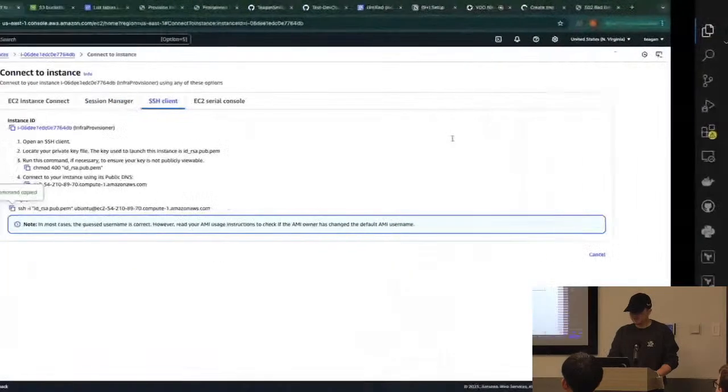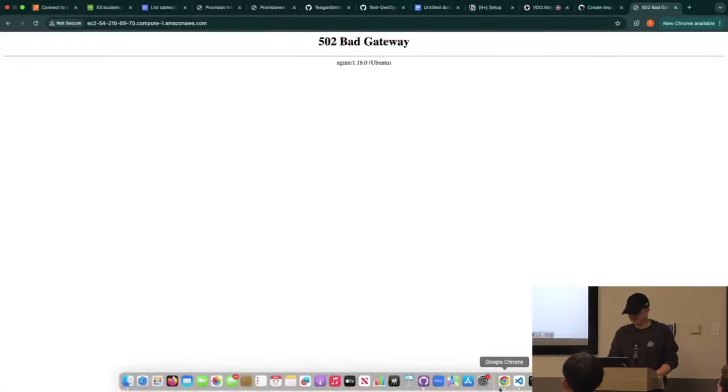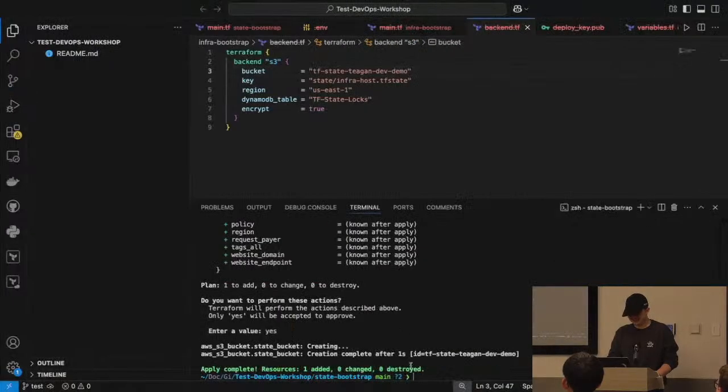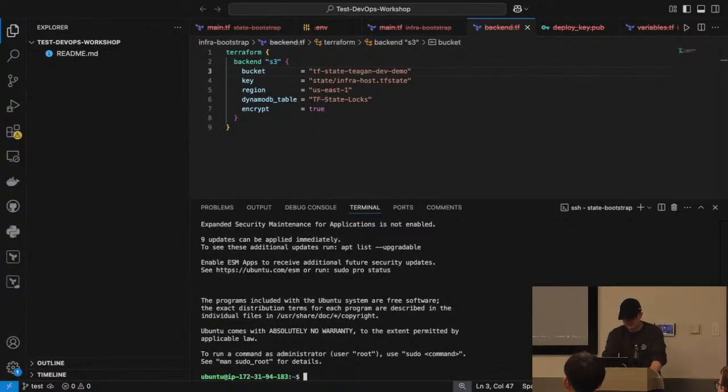So right now, we're getting a bad gateway. This can be a whole host of issues. It's not very descriptive. So what I'm going to do here is I'm going to SSH into our server and see if we can figure it out. So I'm going to reference my SSH, oh no, SSH, and then go to my deploy key. And so now we're in.